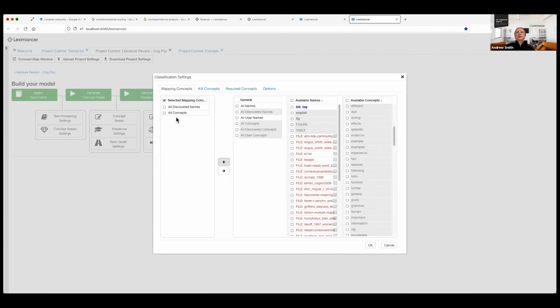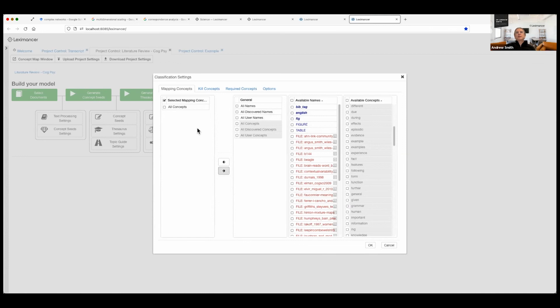Now, if I don't want any of these, just take out all discovered names, and then they won't be there. So if you have journal names, just leave the discovered names alone. Just get them out of the mapping concepts list, and then you won't see them. But you can select particular proper nouns you want in your model. You can just put those in.